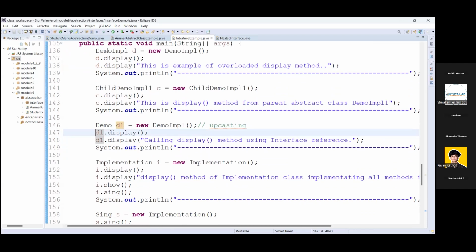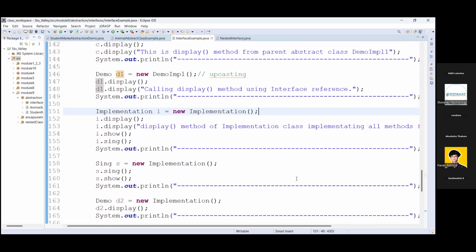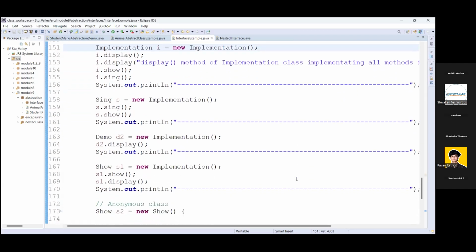Any doubt, anyone? Till here, anyone has any doubt? Clear with this, right? Okay. Now,